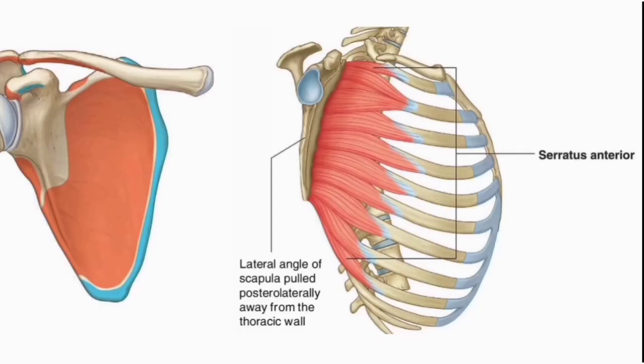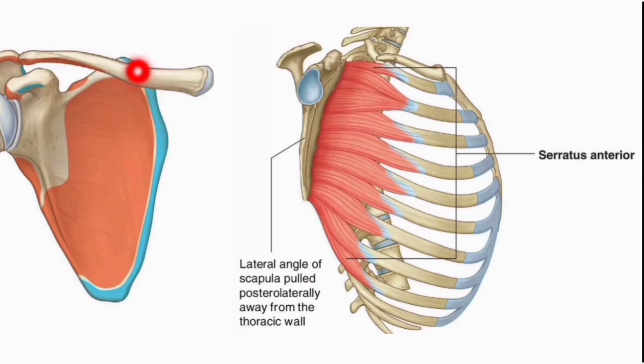Next, the serratus anterior. It arises by a series of 8 digitations. The first digitation takes origin from the upper 2 ribs, and the next 7 digitations take origin from the corresponding ribs. It also takes origin from the fascia covering the intervening intercostal muscles, and it travels on the lateral wall of the chest and inserts onto the medial border of the scapula.